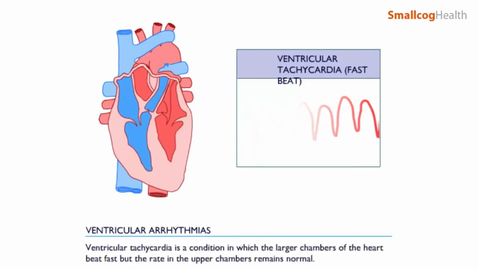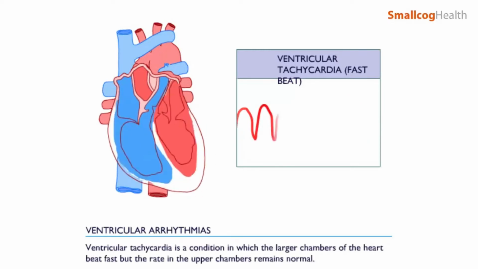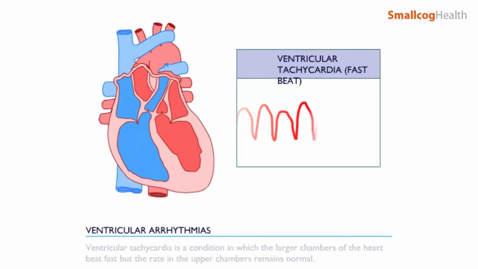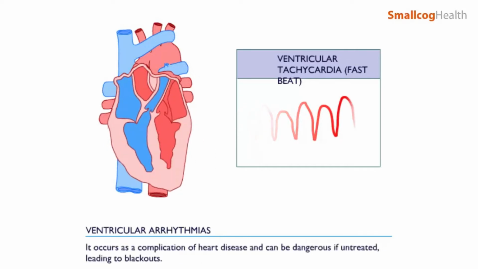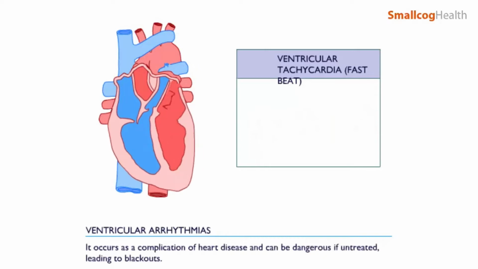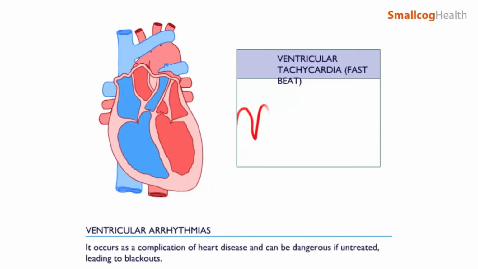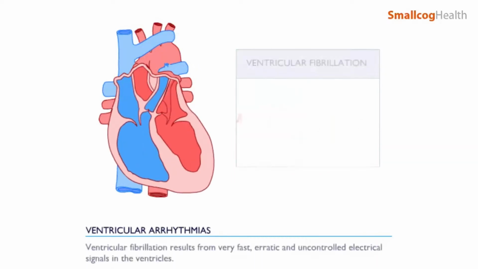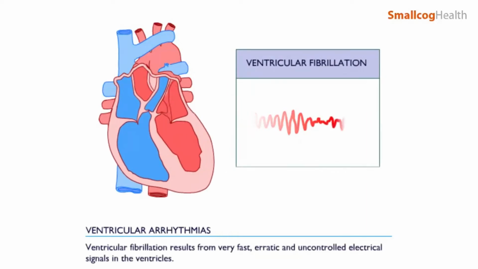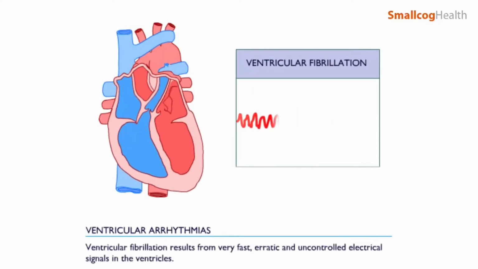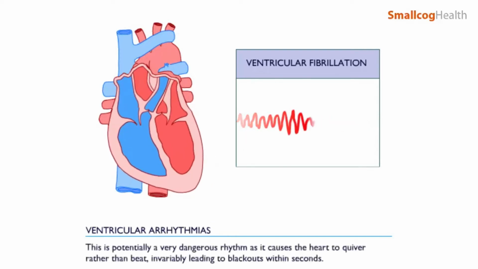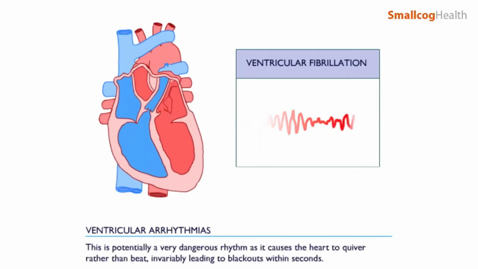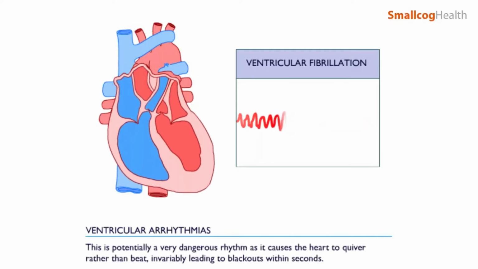Ventricular tachycardia is a condition in which the larger chambers of the heart beat fast, but the rate in the upper chambers remains normal. It occurs usually as a complication of heart disease and can be dangerous if untreated, leading to blackouts. Ventricular fibrillation results from very fast, erratic, and uncontrolled electrical signals in the ventricles. This is potentially a very dangerous rhythm, as it causes the heart to quiver rather than beat,